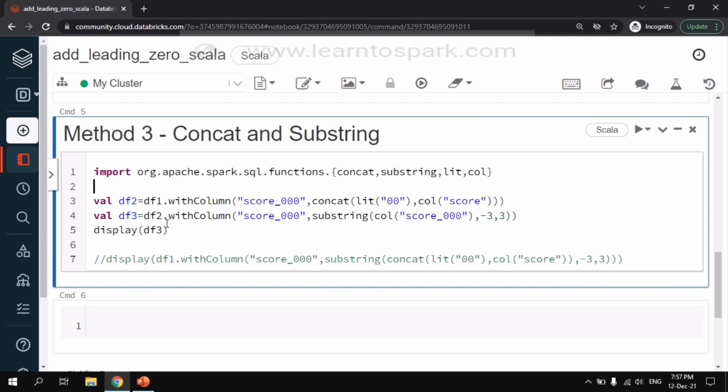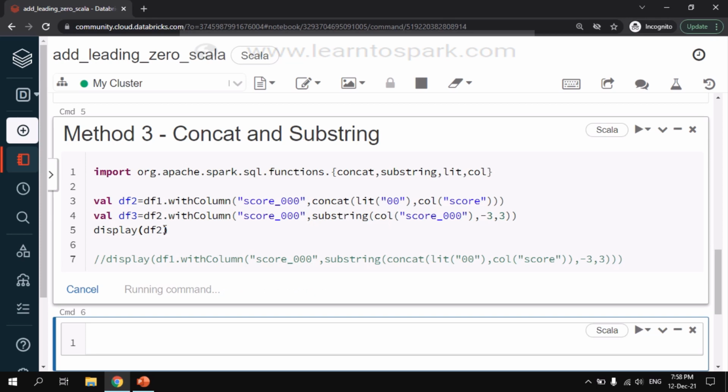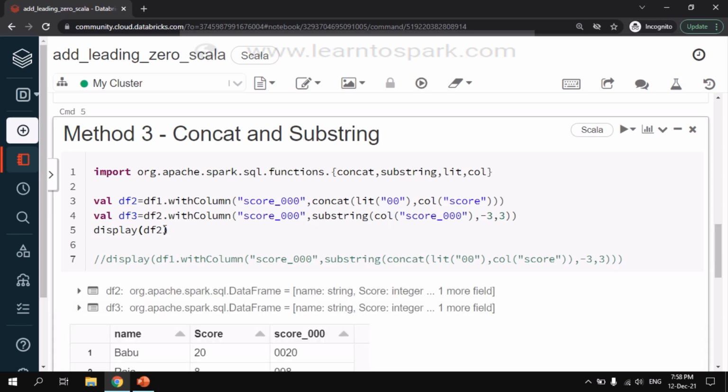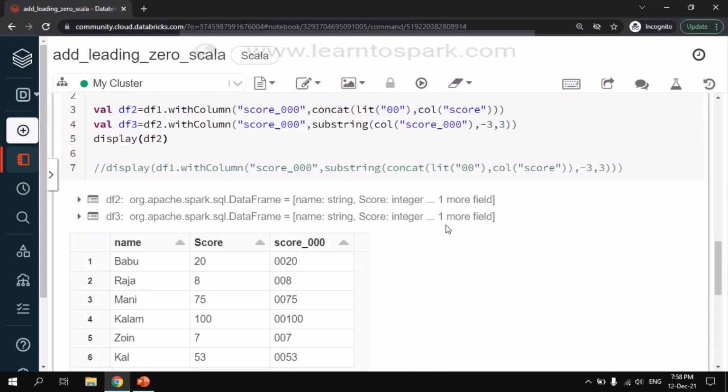To understand this, let me print df2 first, which includes the concatenation. I hope this looks straightforward for you guys as well. We are simply concatenating double zeros in front of the score column. So if it is 20, we are giving 0020, and if it is 75, 0075, and if it is 100, 00100.